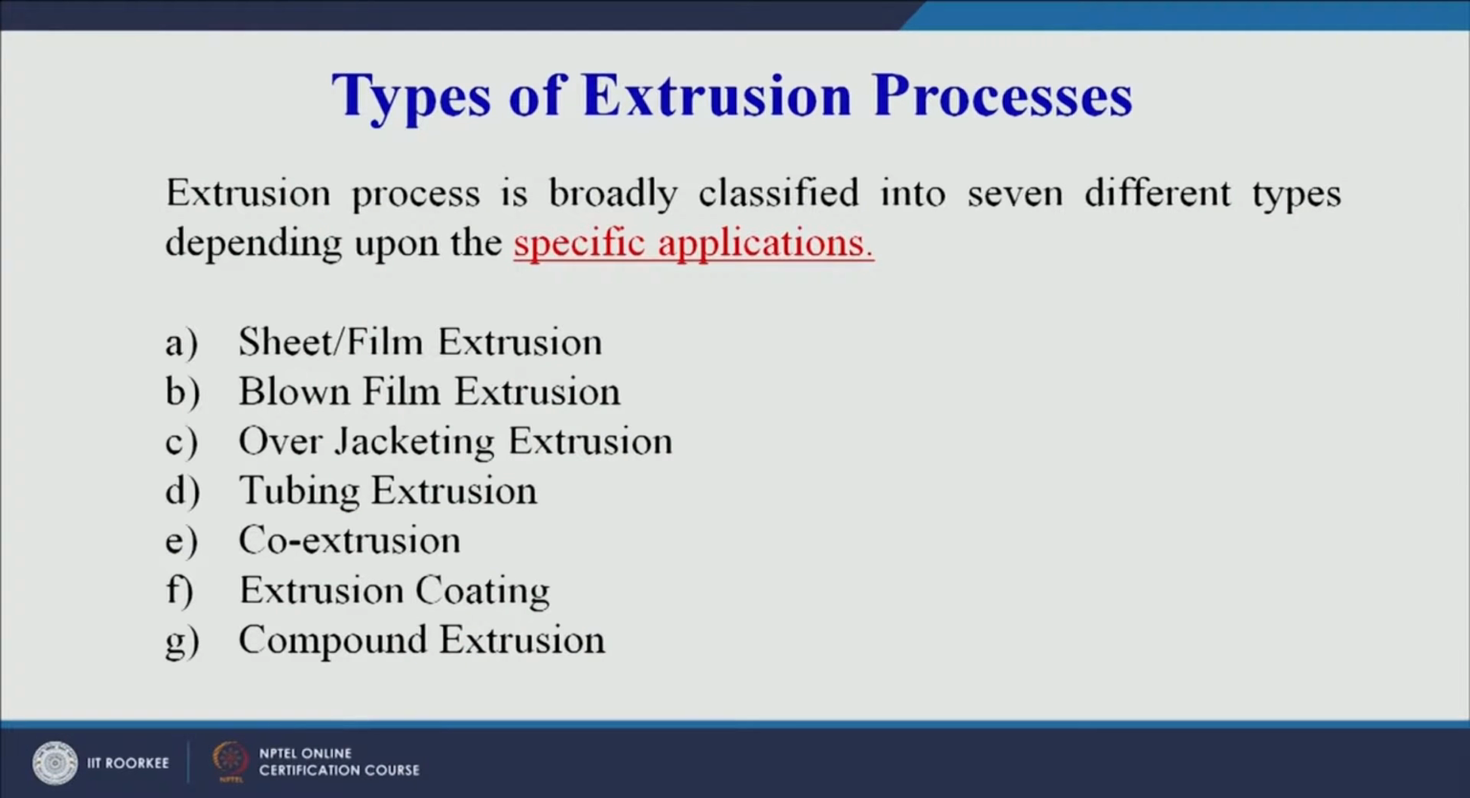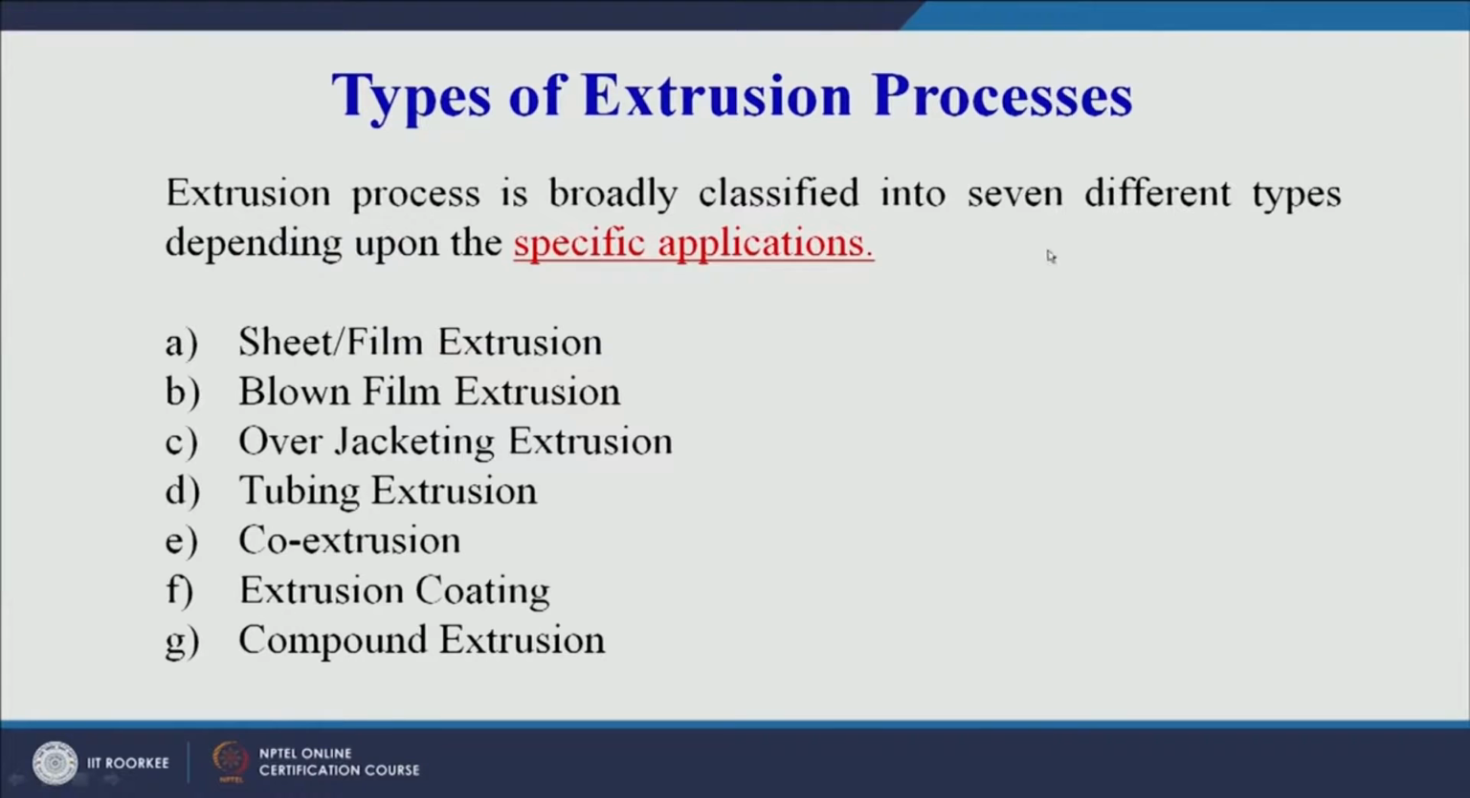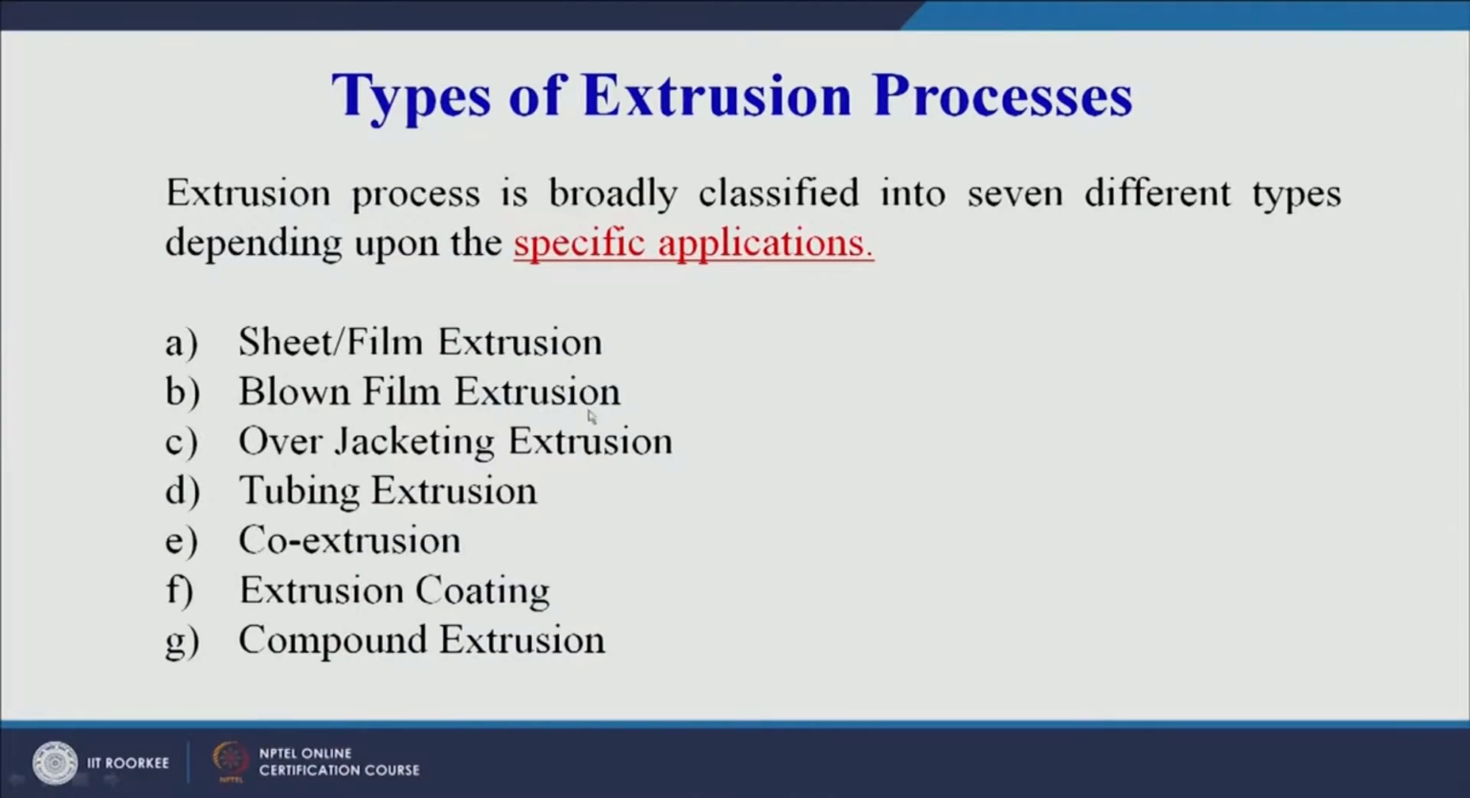Let us quickly start our discussion with the first process that we want to cover today, that is sheet film extrusion. But before going to sheet film extrusion, let us see how we can classify the extrusion processes. On your screen you can see the extrusion process is broadly classified into 7 different types, and these are the 7 that we have collected. There may be other variants of extrusion also which may not be covered during this session. So 7 types of variants we have highlighted here. First one is sheet film extrusion, then blown film extrusion, over jacketing extrusion, tubing extrusion, co-extrusion, extrusion coating, and compound